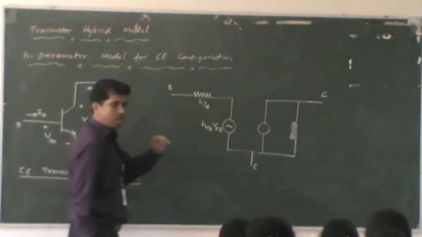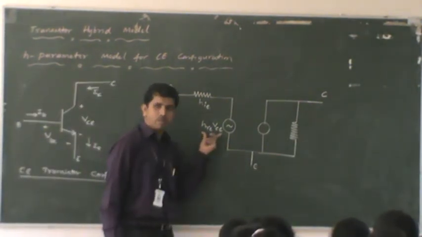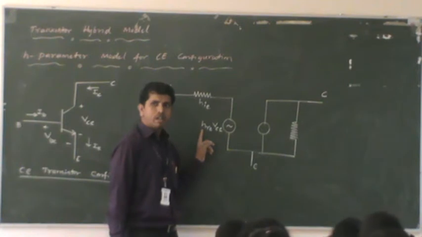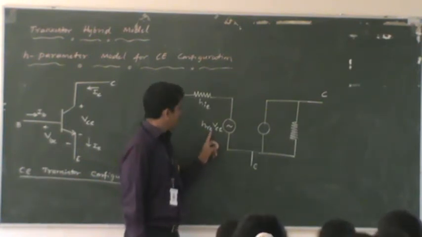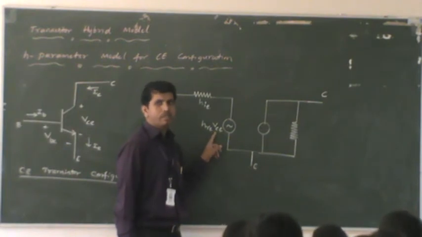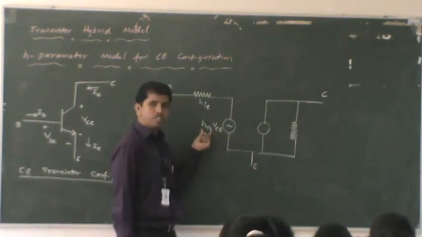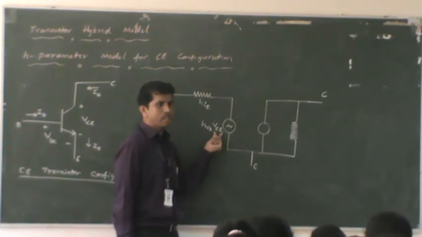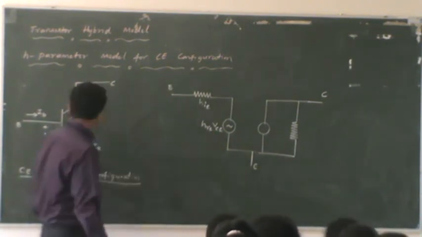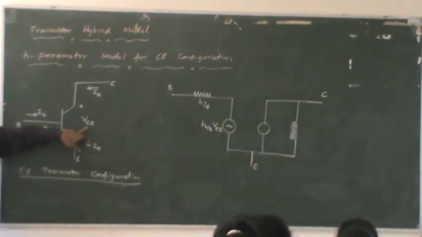Okay, look at the general model and write as per that. In the general model, in terms of subscripts, it is H12 times V0. But now look here, instead of H12, what I have is HRE times VC, because V0 is replaced by VC. You can look at this circuit, the output voltage is VC, not V0.